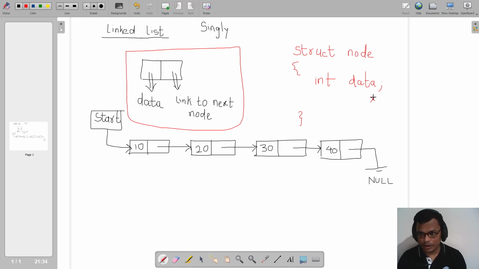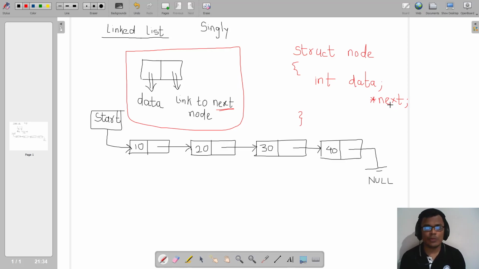So I declare this pointer variable over here. What name do I give to this pointer variable? We are using this pointer variable to point to the next node, and that's why I am giving a meaningful name here called next. Like I have given a meaningful name to my data. Okay, I can give any variable name like ABC also, but we try to give meaningful names. This is not a keyword of C, I want to make that clear, right? So this is the pointer to next.